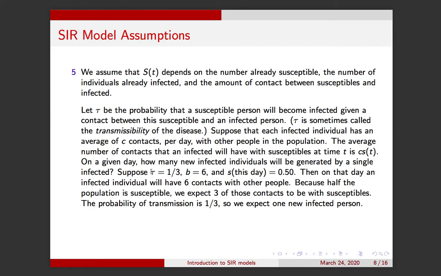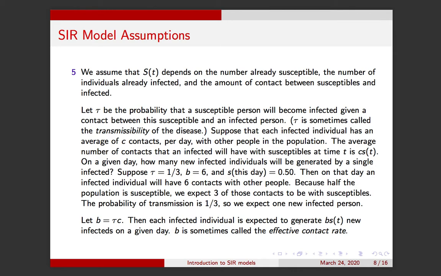Okay, so anyway, if these are the parameters assumed now, then on a given day, 6 contacts will turn into 1 new infected person. So on a given day, how many new infected individuals will be generated? Well, as this example shows, you just multiply down the line. So you take B, multiply by 1/2, take that result, multiply by 1/3. Okay, so in the end,